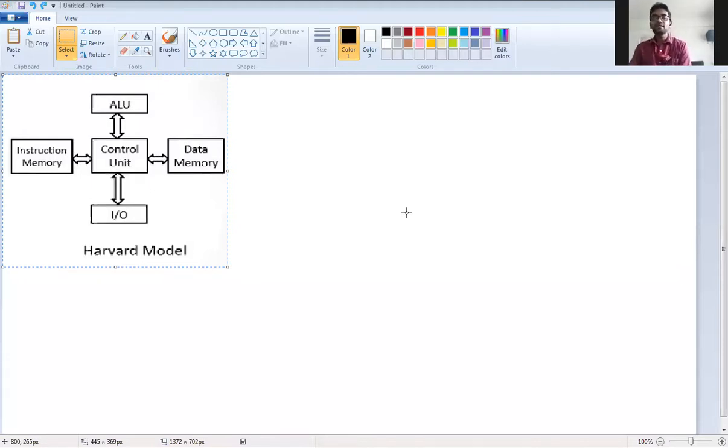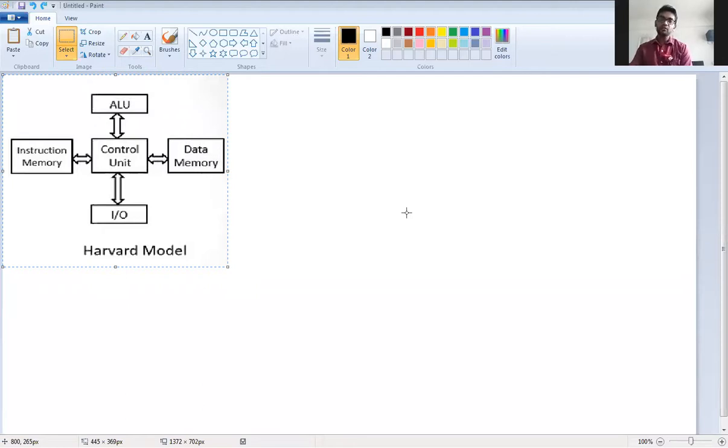That processor has an inbuilt program, correct? According to the program, that processor will work. As you can see in the Harvard model, the instruction memory, that is your program memory, is separate, and data memory is separate. One ALU is there and one input output driver is there. So this is the Harvard model.